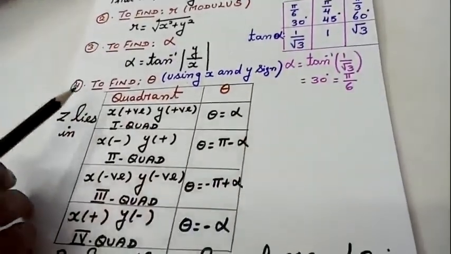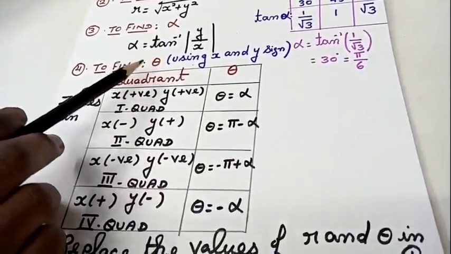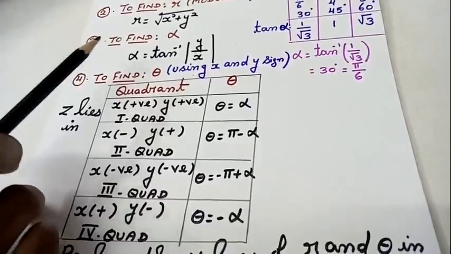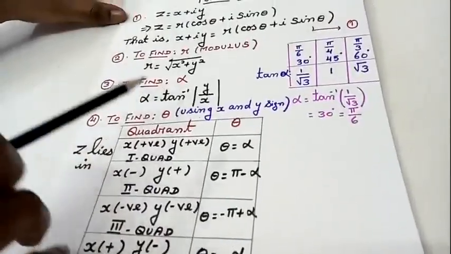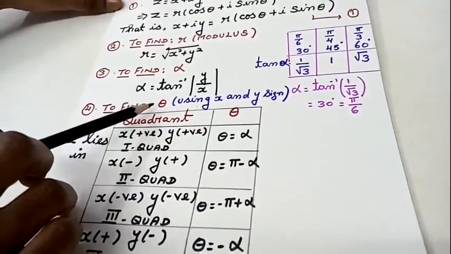Next, coming to fourth step. I am going to find theta. So how to find theta? First, what we have found till now, we have found only r and alpha. Now I am going to find theta. But how I am going to find theta is, I am going to see the